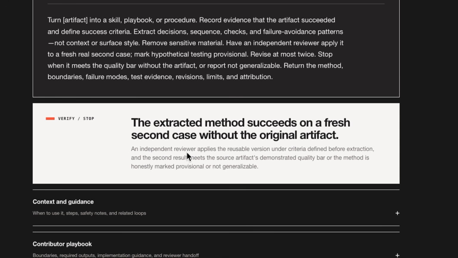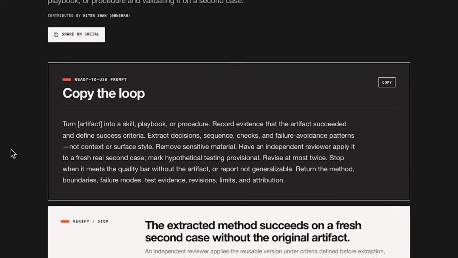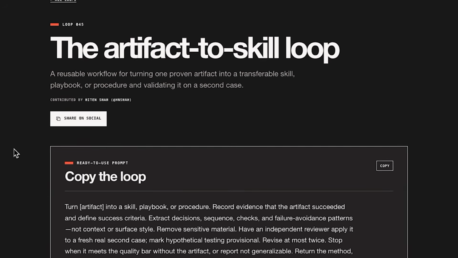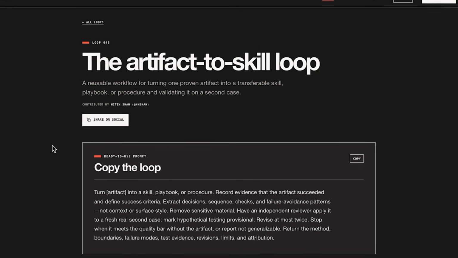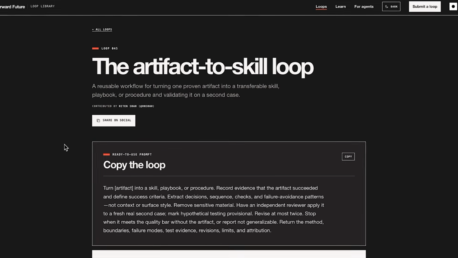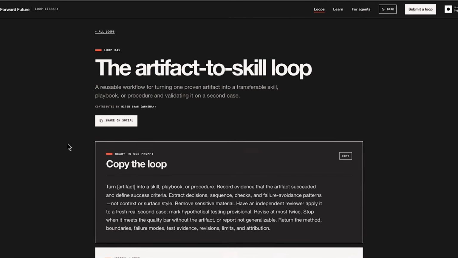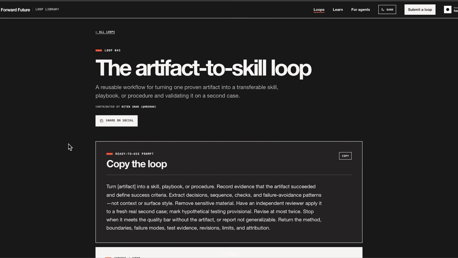An independent reviewer applies the reusable version under criteria defined before extraction, and the second result meets the source artifact's demonstrated quality bar, or the method is honestly marked provisional or not generalizable. So this is for people who keep redoing work they've already done once. So you can build an exact and repeatable method behind a proven artifact into a reusable skill and confirm it works on a fresh case.